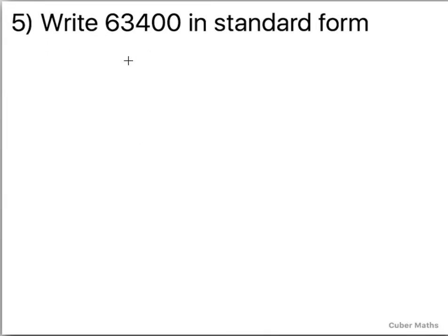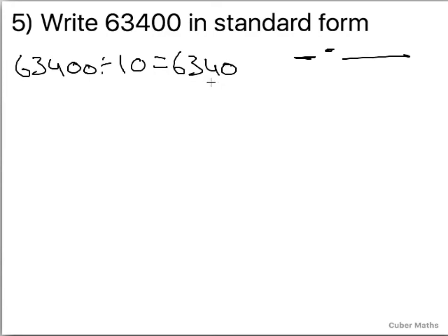Okay, here we have our fifth problem, and it says write 63,400 in standard form. Now we're going to work off the same basis as we did in the previous questions and try and get one number here, a decimal place, and then the rest of the numbers afterwards. So if we start by dividing it by 10, we're going to end up with 6,340, because we've just eliminated this decimal place. So we're going to do that again, divide 6,340 by 10, and we're left with 634, because again we've just eliminated a decimal place. Now we divide it by 10 again,